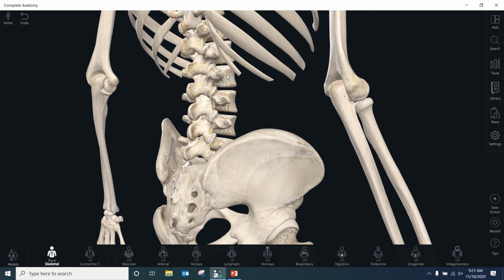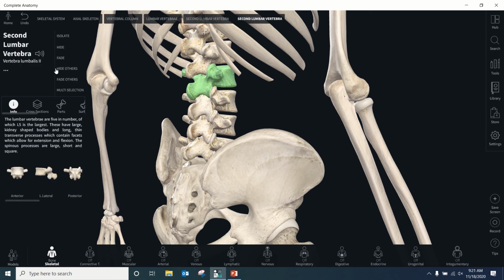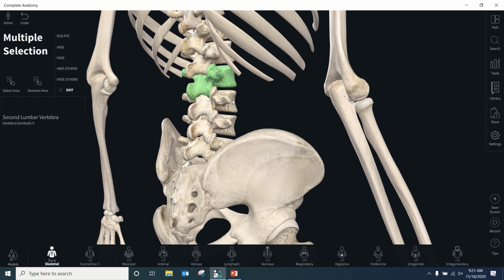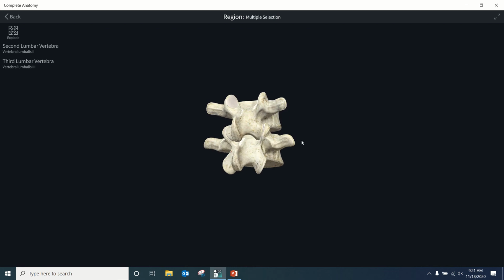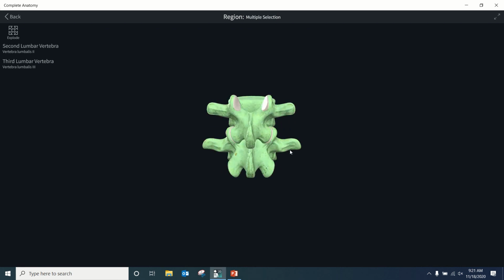So I'm going to pick two of the lumbar vertebrae. There's L2. We're going to do a multi-selection. I'm going to pick L3, and then we're going to isolate those two. All right, so now you're looking at the anterior view of them, and we're going to flip it around to a posterior view. So you can see here the inferior articular process of L2 interacts with the superior articular process